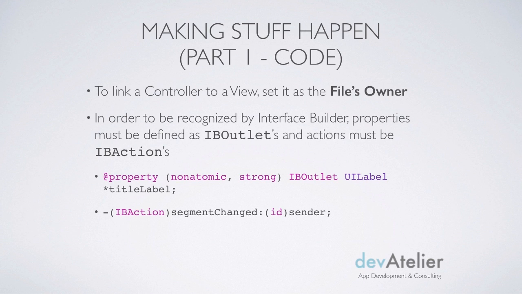Or you release a button, or you change the slider. To make that happen, when we're defining the function, we need to make the return type IBAction instead of the default, whether you're doing a bool or a void. We need to change the return type to IBAction, and this will do the same thing where